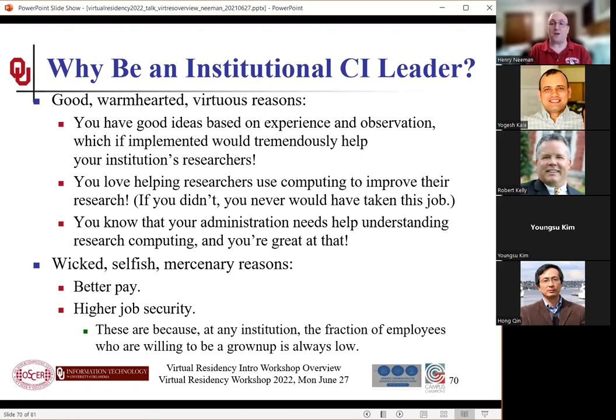You can help your administration to understand, and this is part of our job, by the way. I imagine many of us are at institutions where administrators turn over at some relatively predictable rate. Not any individual one, but in the aggregate, it's pretty common, for example, for institutions to turn over their administrators about every 5 years. Well, if you're going to have a 20-year career in research computing, or a 40-year career in research computing, one of the things you're going to find yourself doing over and over and over is educating your administration about research computing.